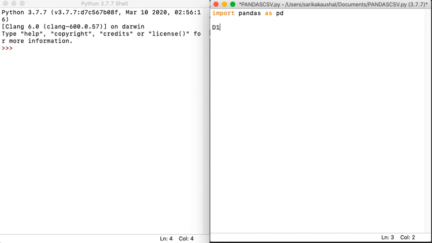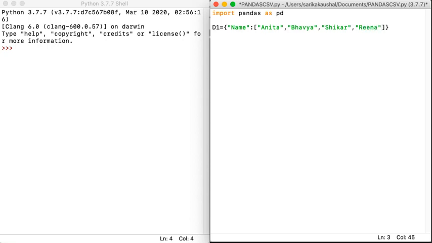So let d1 be a dictionary. It's storing the names of the students. I write name, and then I have the names of four children: Anita, Bhavya, Shikhar, and Reena.